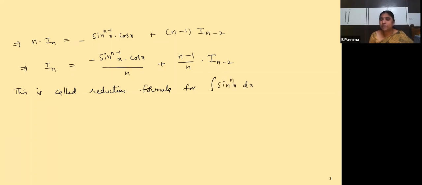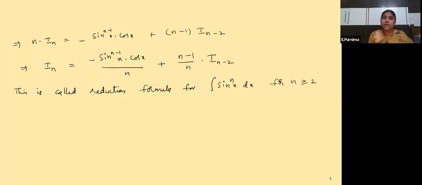Very, very important, children. You may get this function as this sum for 7 marks also. Understood? Very, very important. So children, don't forget to practice this reduction formula. So it is a reduction formula for sin^n x. Now, still here, if you observe here, our n value is what? N is greater than or equal to 2.